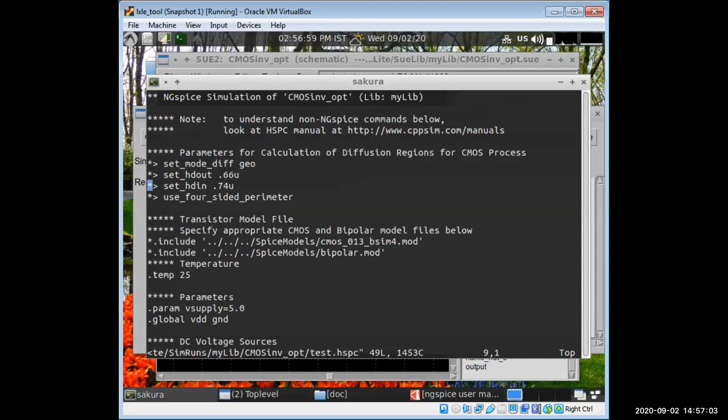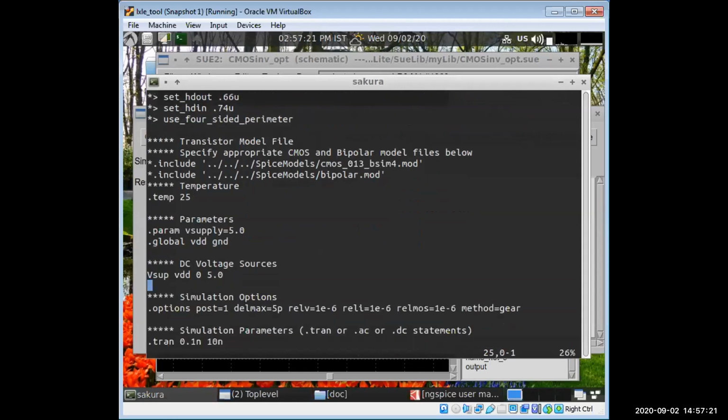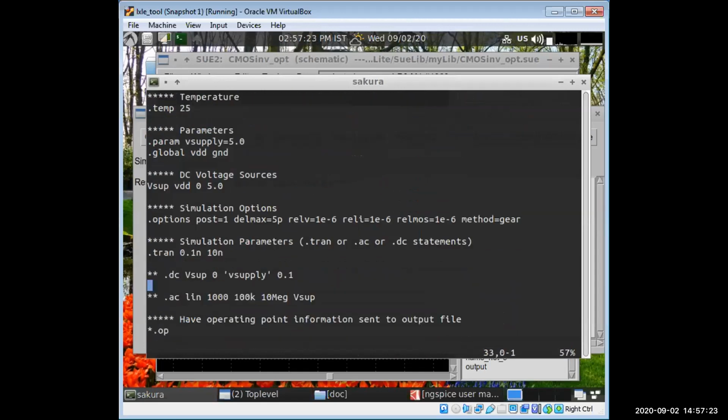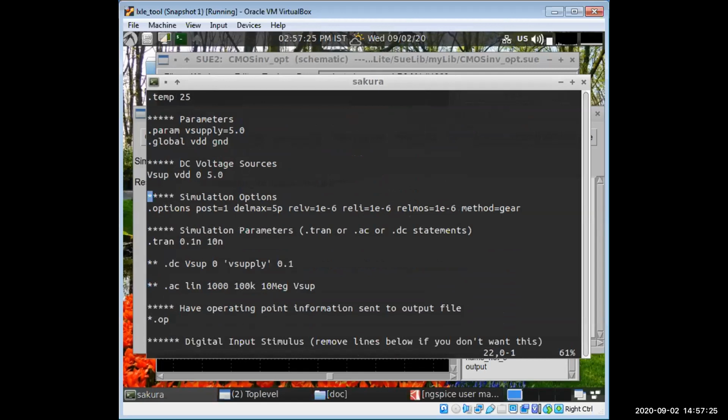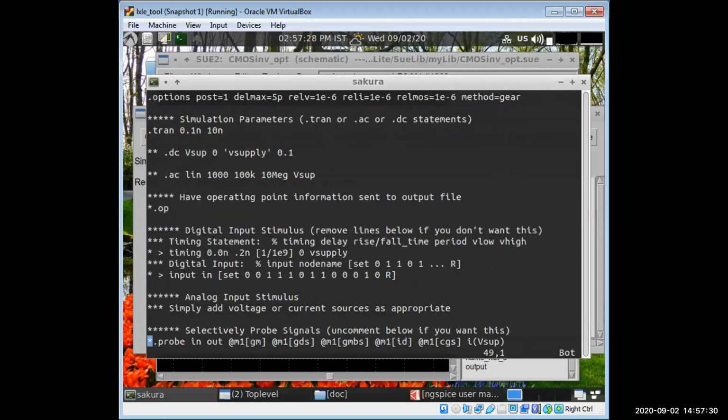I have commented out these geo parameters because I have used SCMOS and 4 terminals, that means drain, gate, source, and substrate. Then I will include the .lib file in the simrun.sp file. You can edit here, or you can also edit in the simrun.sp file. It's up to you.